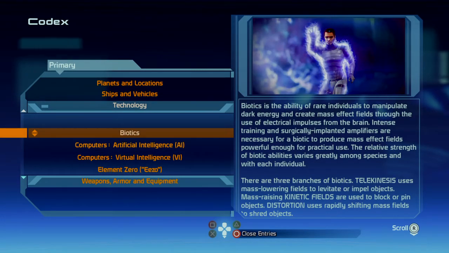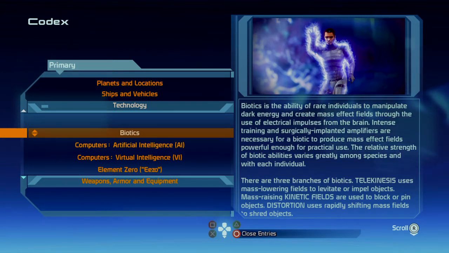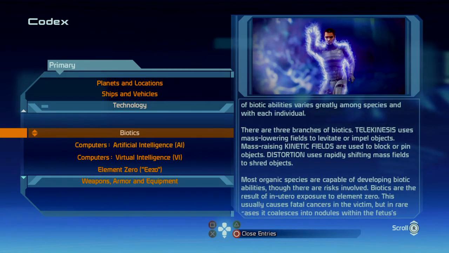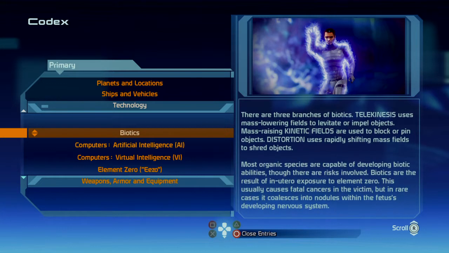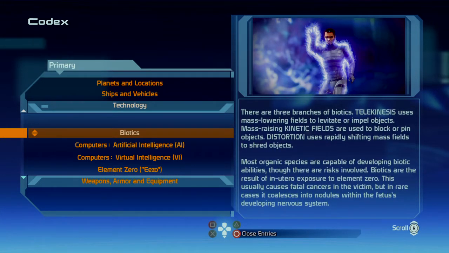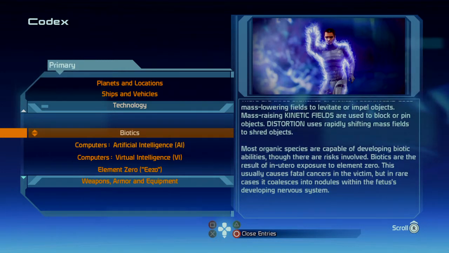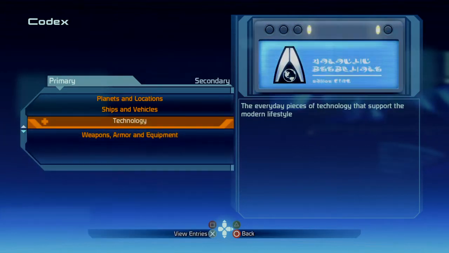Biotics is the ability of rare individuals to manipulate dark energy and create mass effect fields through the use of electrical impulses from the brain. Intense training and surgically implanted amplifiers are necessary for a biotic to produce mass effect fields powerful enough for practical use. The relative strength of biotic abilities varies greatly among species and with each individual. There are 3 branches of biotics. Telekinesis uses mass-lowering fields to levitate or impel objects. Mass-raising kinetic fields are used to block...